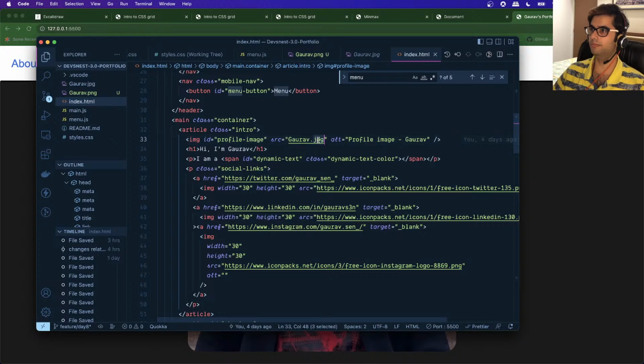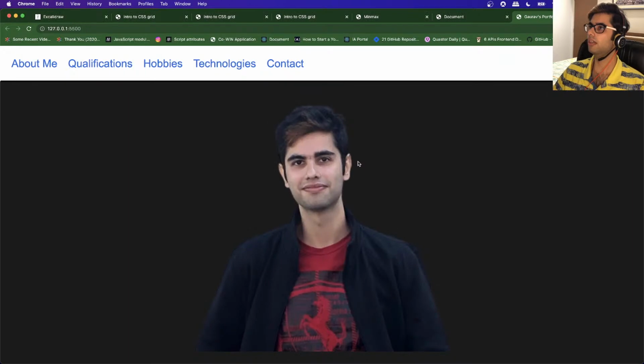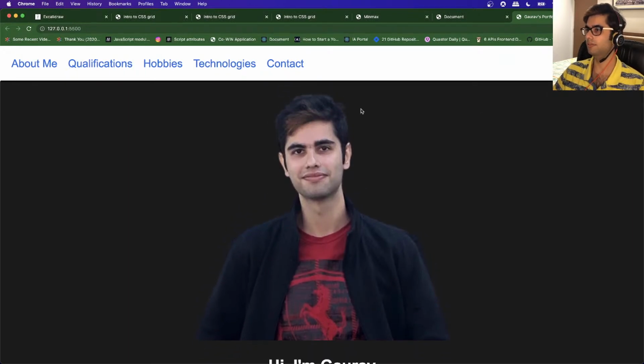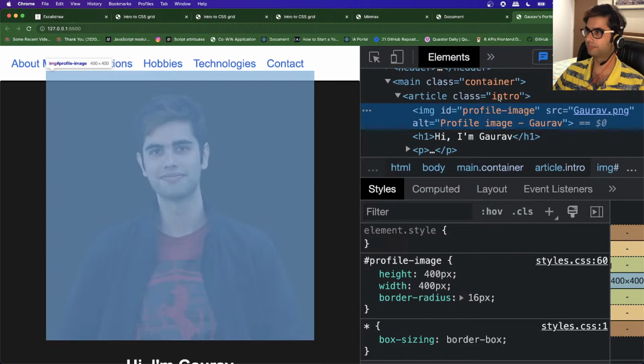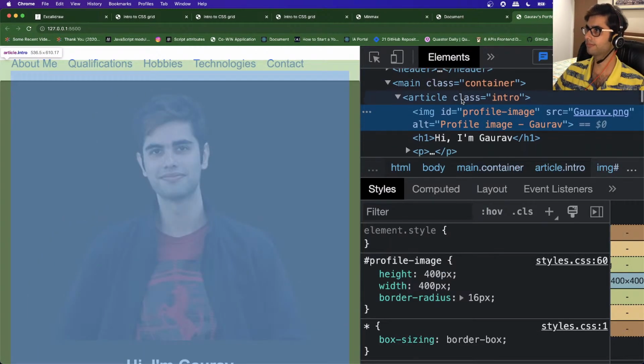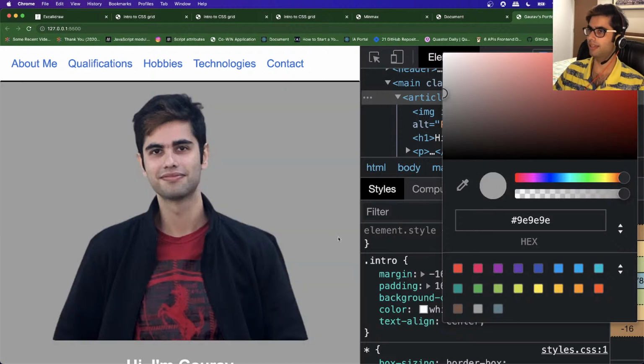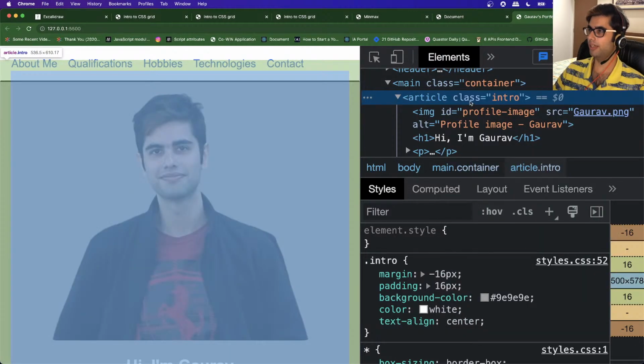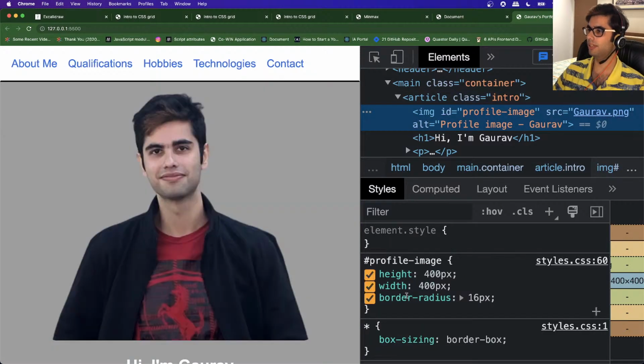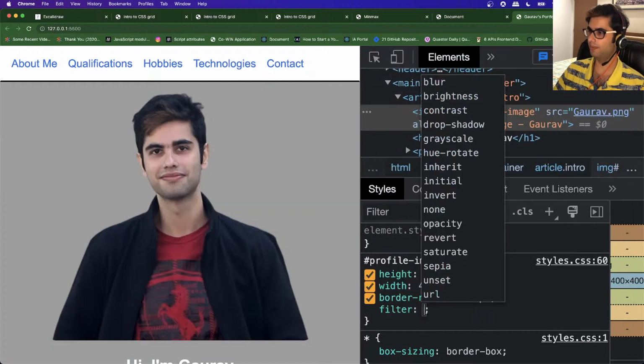And this has a PNG extension. Let me change it, and you can see that this background is visible. This is a transparent image. Let me change the background over here, the background color. Let's just set it to this grayish color. And the way we apply a drop shadow is we make use of the filter property and